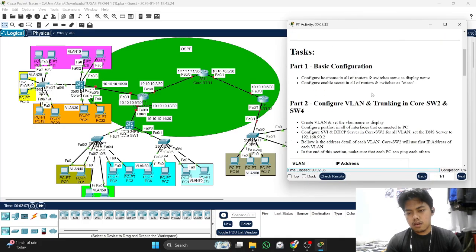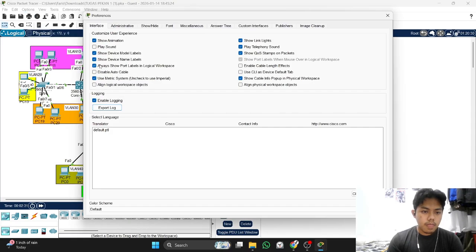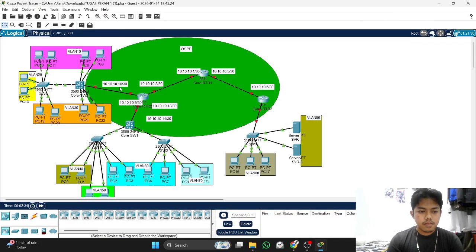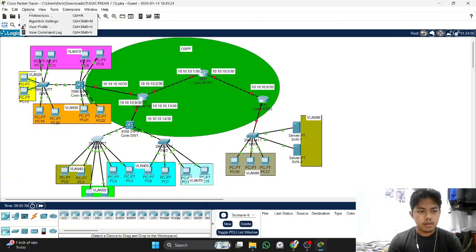We start with part one: configure the hostname on all routers and switches the same as the display name, and also configure the secret as Cisco. Okay, we start from here.